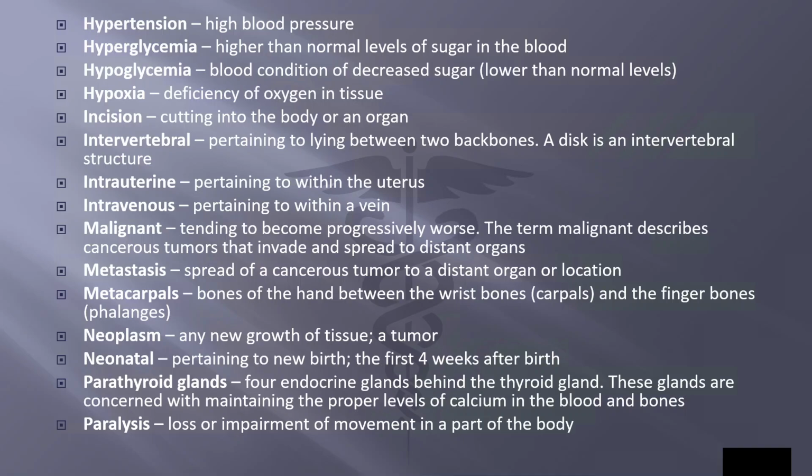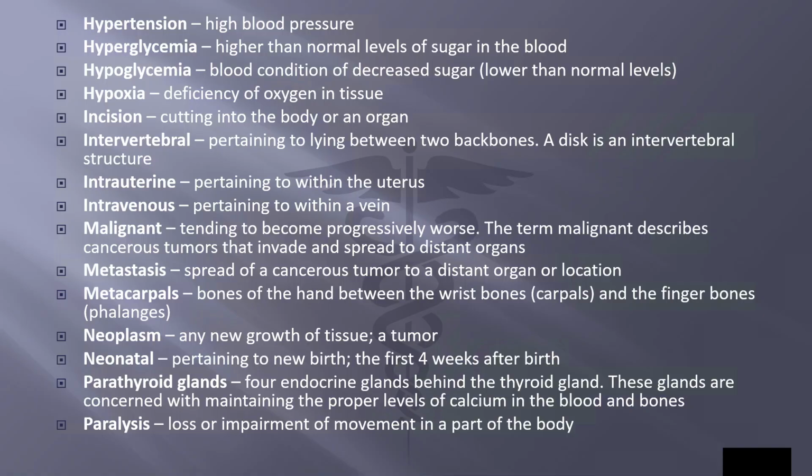And in figure 4.9, we have images of metacarpals. This X-ray image of a normal hand shows metacarpals, carpals, and phalanges. So that's your metacarpals, wrist bones, and finger bones. Then picture B, the arrow is pointing to a fracture, a broken bone, in a metacarpal.